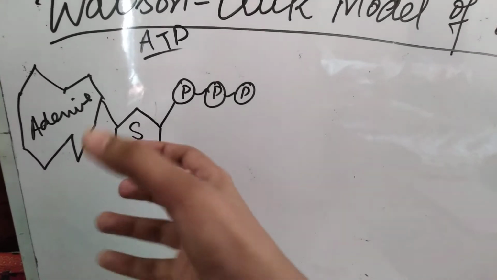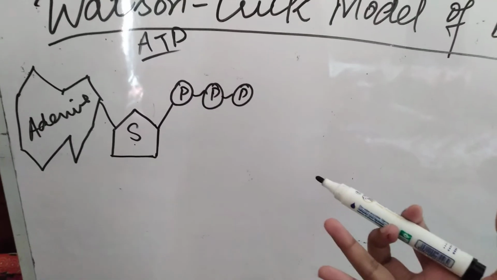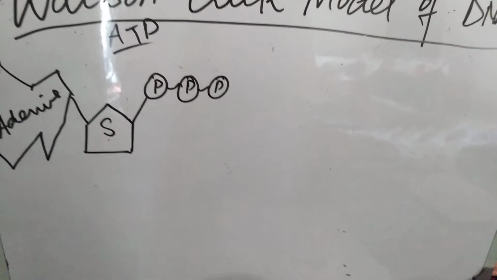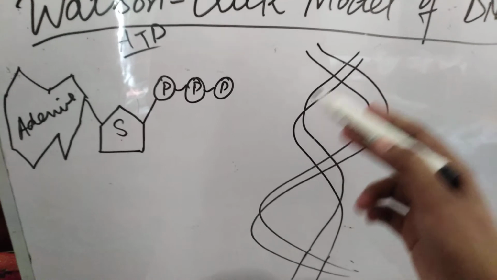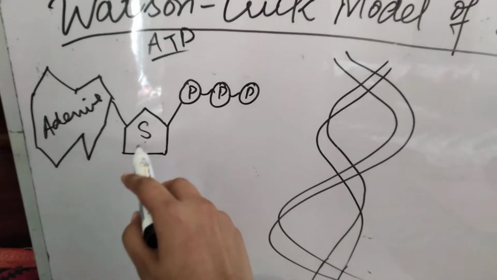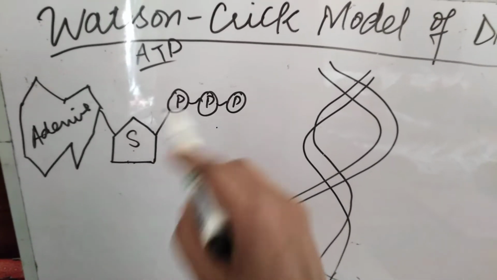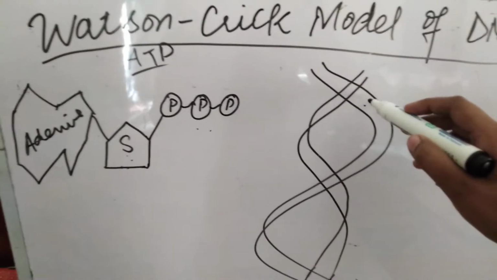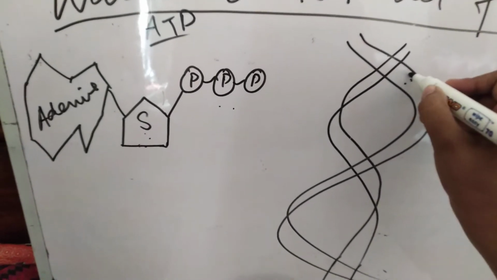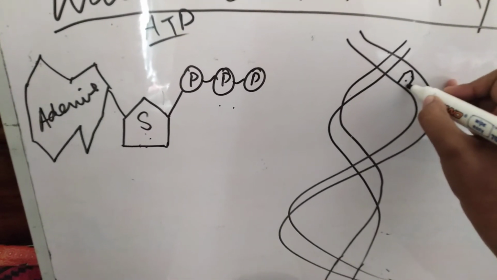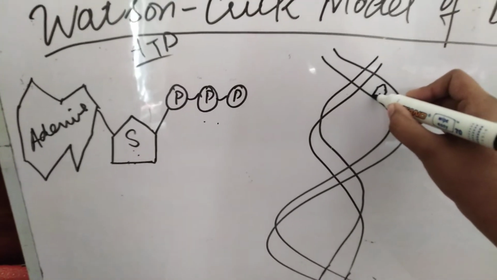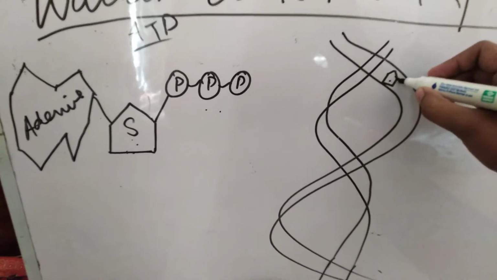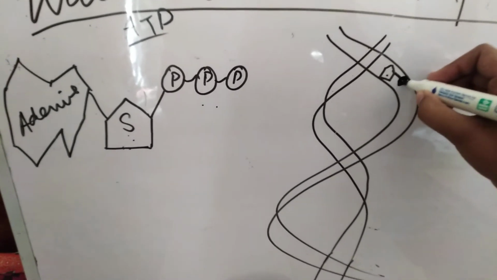Now I'm going to put the structure in the DNA, and we will discuss how it can be adjusted in the DNA molecule. We have studied that there are 2 polynucleotide strands in which a sugar and phosphate backbone is present. It means sugar and phosphate are present in this backbone. Now I am going to draw this. This is sugar, a 5-cornered ribose sugar. You have already studied it in class 9th. Okay. Then I'm going to make phosphate.